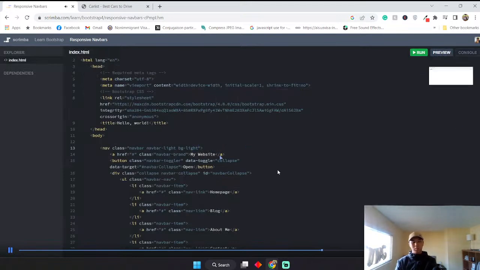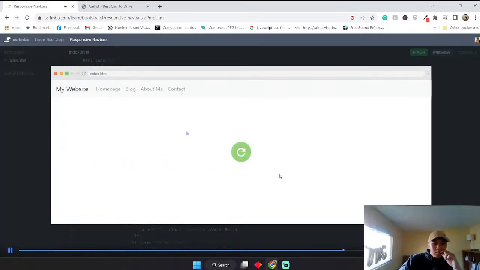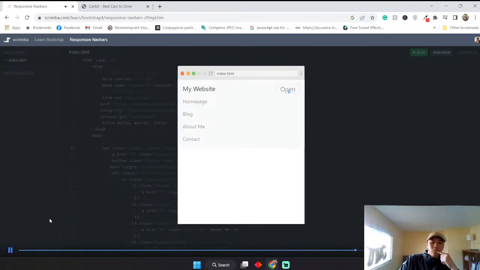So there's one class we need to add, and that is to the navbar itself, and that is navbar-expand-lg. And this is basically going to tell it that at the LG breakpoint or less than that, we're going to make it a menu, like a vertical menu, but on large screens, we're going to have it as a horizontal menu. So let's just demonstrate that now. You see on my large screen, on my sort of laptop size screen, iPad size screen, we've got the links going horizontally, and then I'm going to bring that down to mobile, and you'll see it's collapsed,